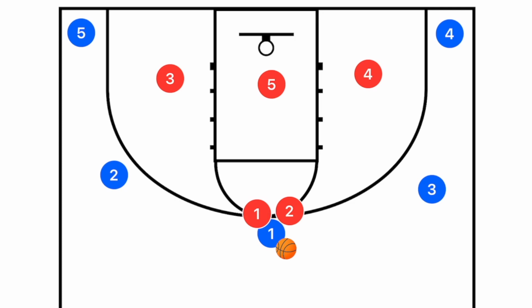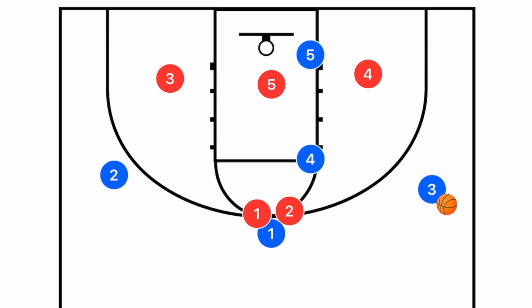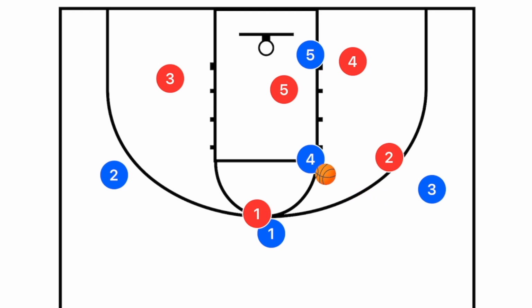And that is, we can call zone, we can call 13, we can call whatever you'd like. You pass to one side, it doesn't matter which, and the 2 post players will go to the low and high post on that side. When this happens, we want to move that ball really quick, because what will happen is now we will have players in the zones who do not move very quickly. So we can get these passes into the high post,